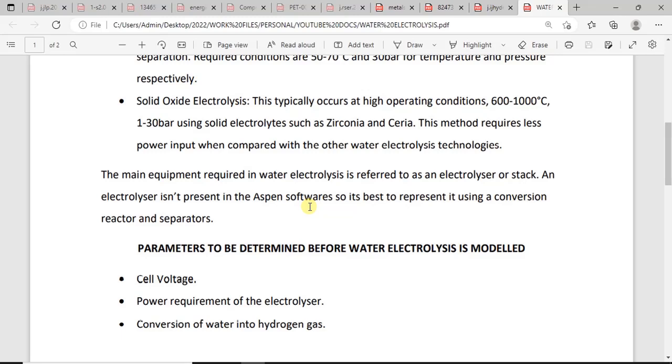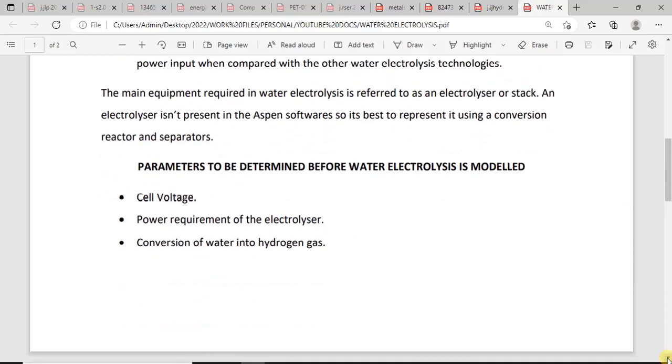Before you start your modeling for the electrolysis of water, there are some parameters you have to determine before you actually start. Very important parameters like the cell voltage, the power requirement of the electrolyzer, and the conversion of water into hydrogen gas. The cell voltage would help you determine the power, so if you are able to determine your cell voltage, you would also be able to determine your power. Then with your power, you can determine the conversion of water